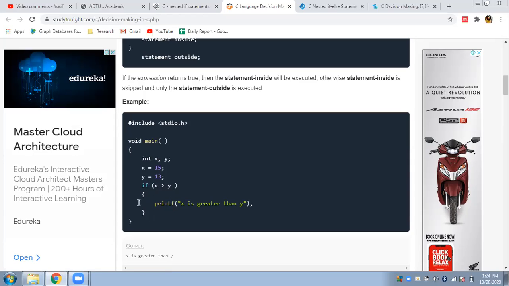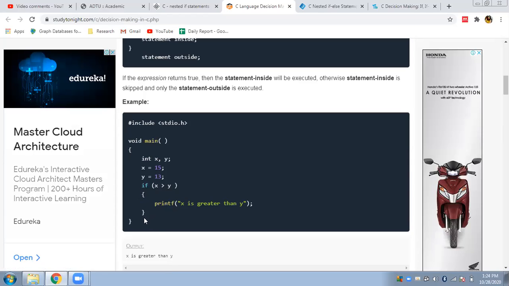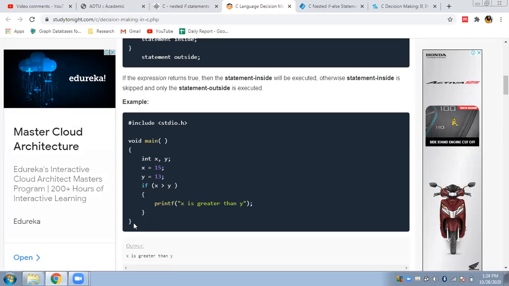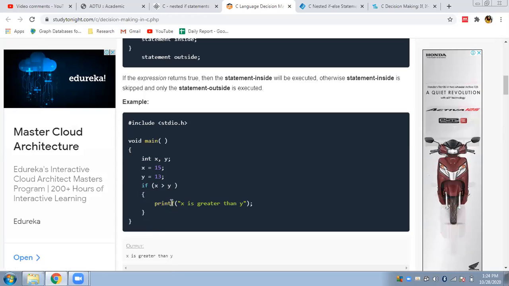Else, you will not get inside the block, and after the block, if there are any remaining statements, those will be executed. Else, you will terminate the program execution. Here 15 is greater than 13, so this condition is true. Therefore, we get inside the block and we have a statement to display x is greater than y. Likewise, it will get displayed and the program will terminate. So this was one example of a simple if statement.